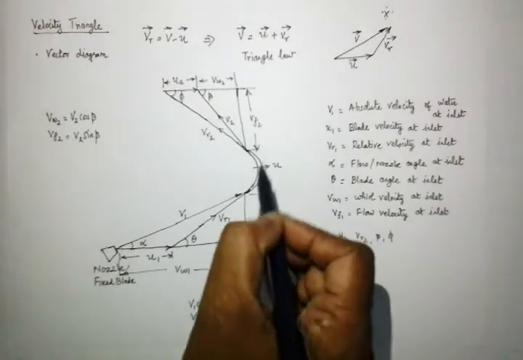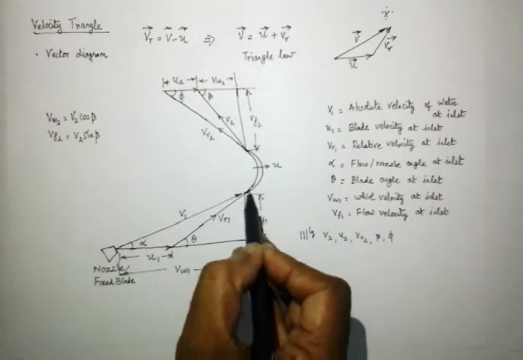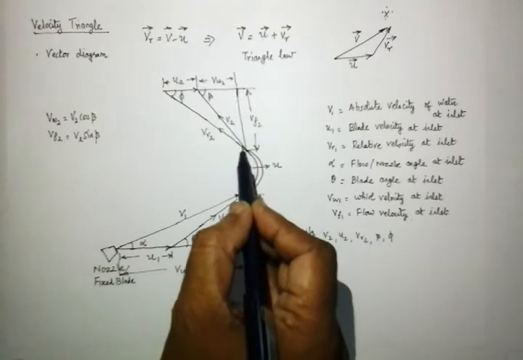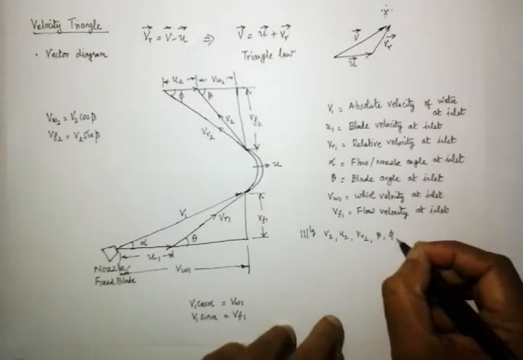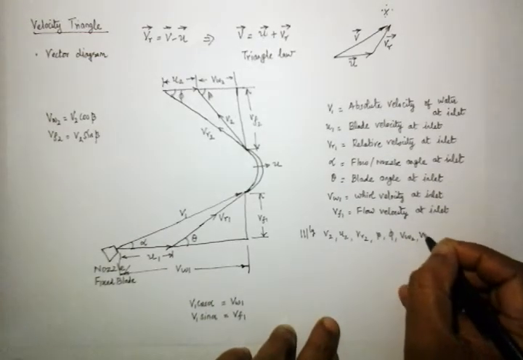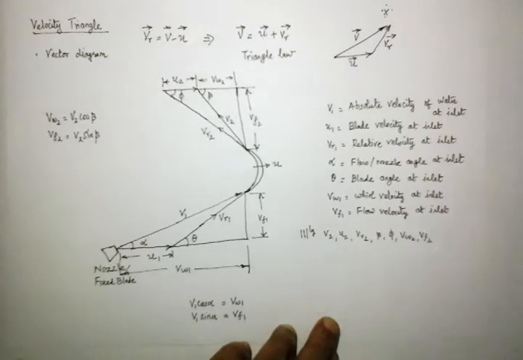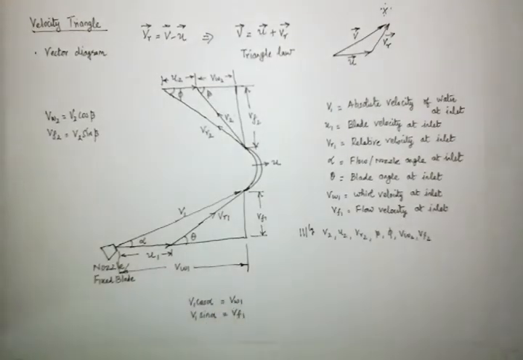Remember, this is the mean speed of the blade. Here it is the blade speed at inlet, and blade speed at outlet. That is why I put U1 and U2. Here you have to write the other things, the whirl component at outlet, flow component at outlet, etc. The complete set you have to explain. Up to this point I have drawn the inlet and outlet triangles, and this is only an understanding, and this will change when you move to the different classifications.